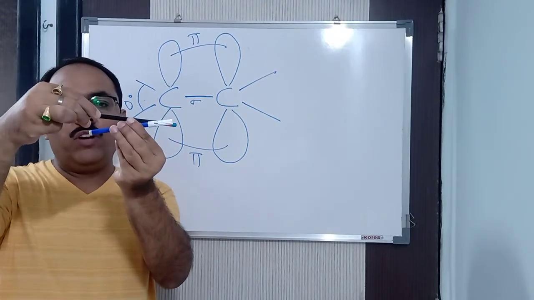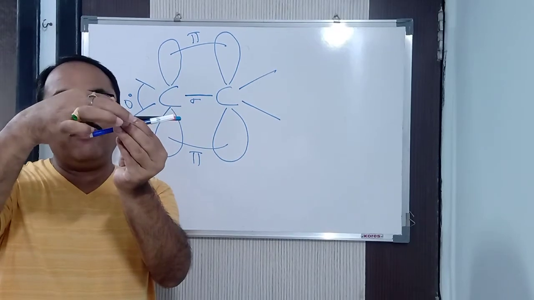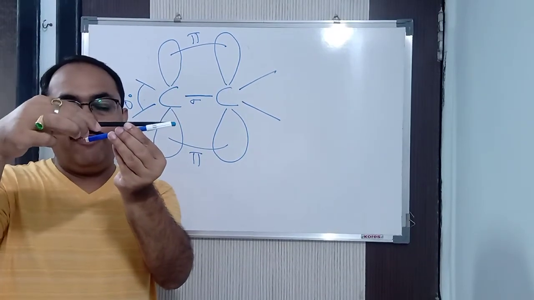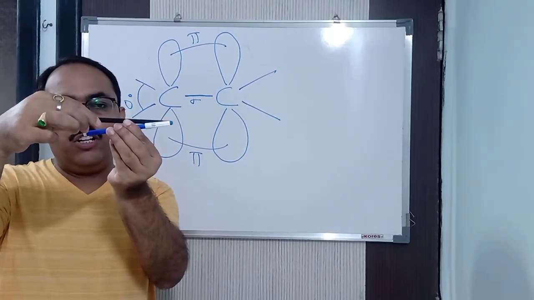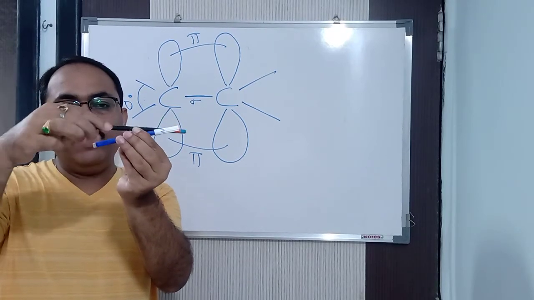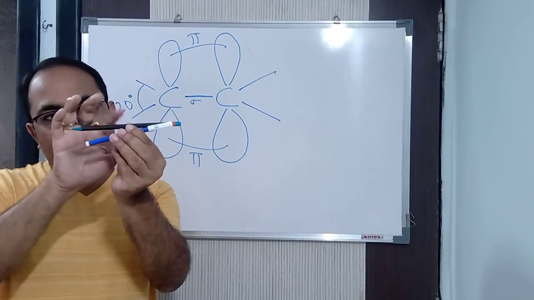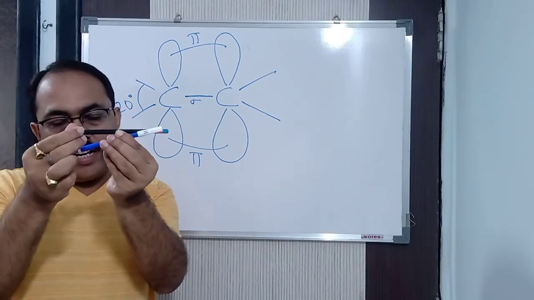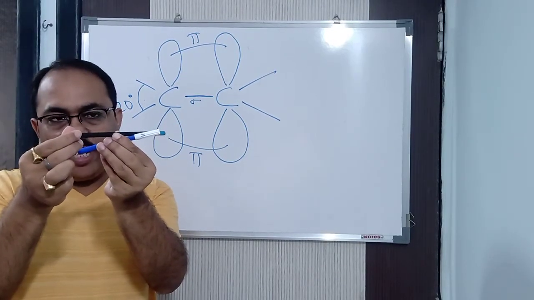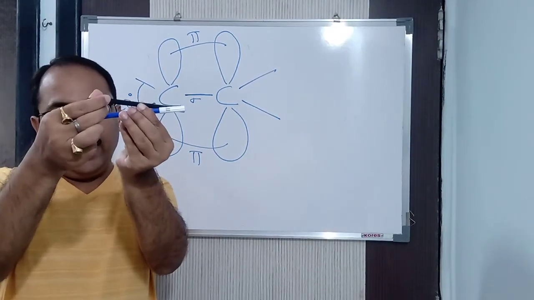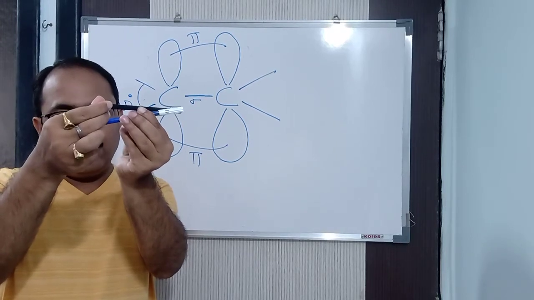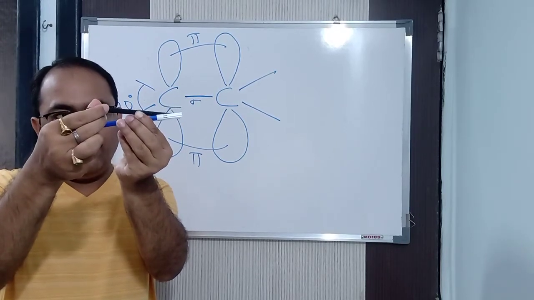Beyond this, if I want to rotate, you can see I am getting pressure in my finger. You can do it at home also. You will have pressure in your finger, and if you want to rotate more, I need to break this particular bond. If I want to rotate still further, I can't, because you can see it is restricted, hindered. Why? Because this smaller one is not allowing the larger one to rotate freely.